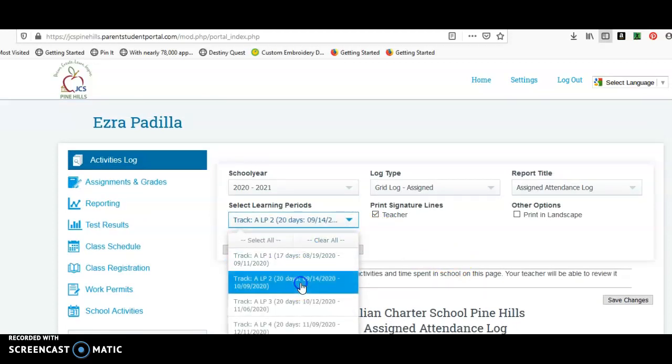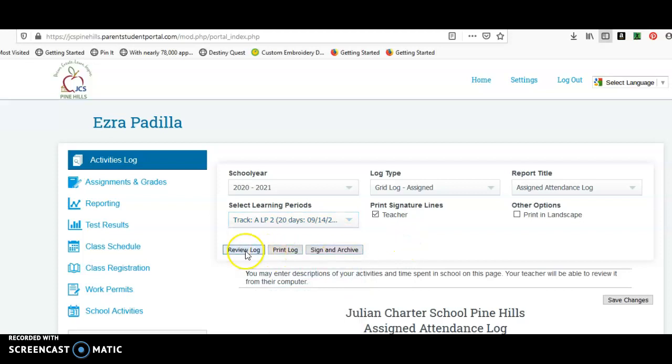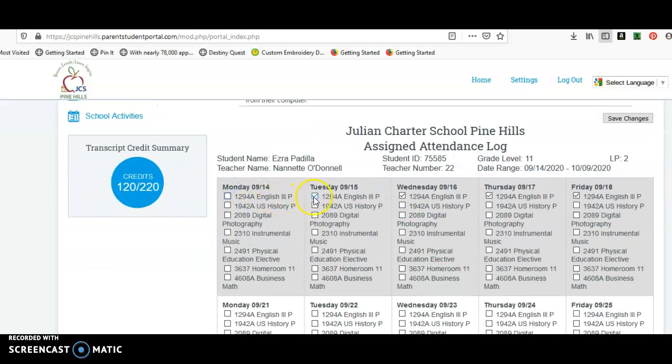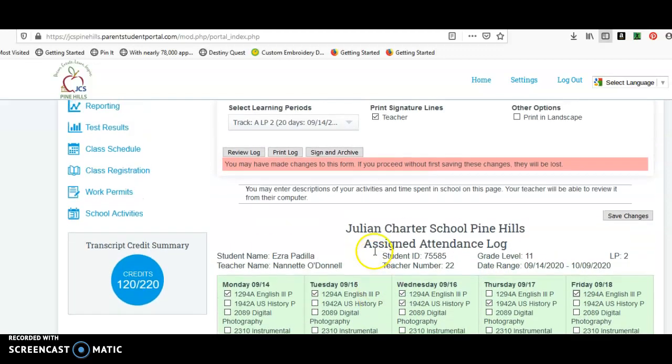So we're going to turn that one off and turn this one on. So whichever one is highlighted in blue, you'll see. And if you have more than one highlighted in blue, you'll see them all at once. So let's review learning period 2, which is basically blank. So I started this demo a few minutes ago. So what I'm going to do is put a check mark next to any class that I worked on that day. Okay, and when I am finished doing that, to show my attendance and my work for the day, I'm